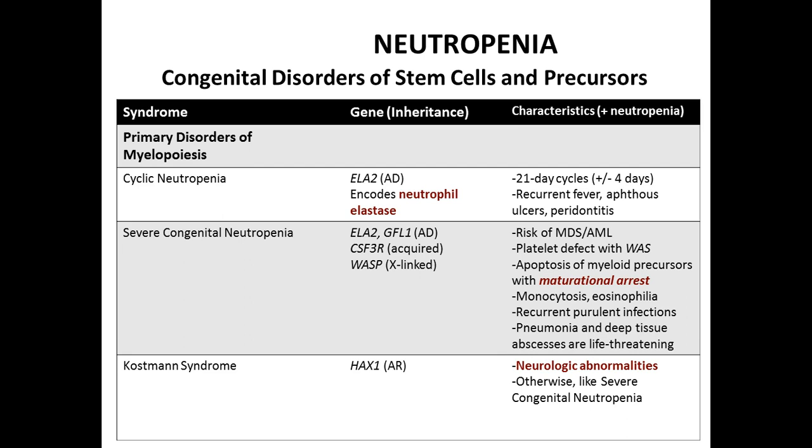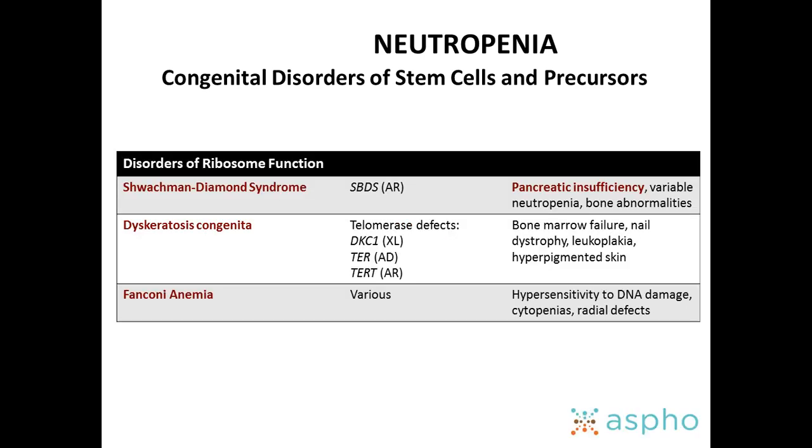It's a bigger deal. Kostmann syndrome is worth mentioning. It's a form of severe congenital neutropenia, but with neurologic abnormalities. So if you get someone who looks like they have severe congenital neutropenia, but they have these neurologic abnormalities, that's a very testable question, so I'd remember that. And the HAX1 gene seems to be involved in regulating apoptosis and metabolism in multiple different cell types. So it hits the brain and hits the neutrophils. I think not all the details are exactly clear.